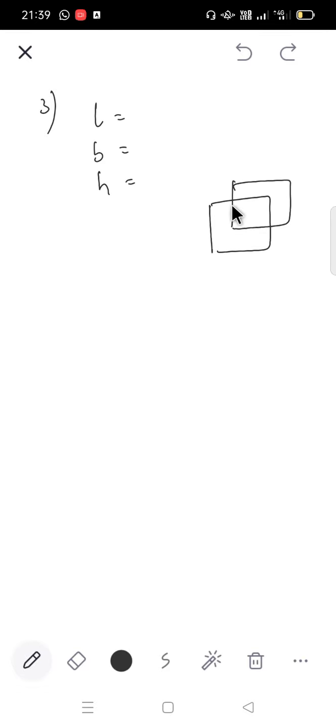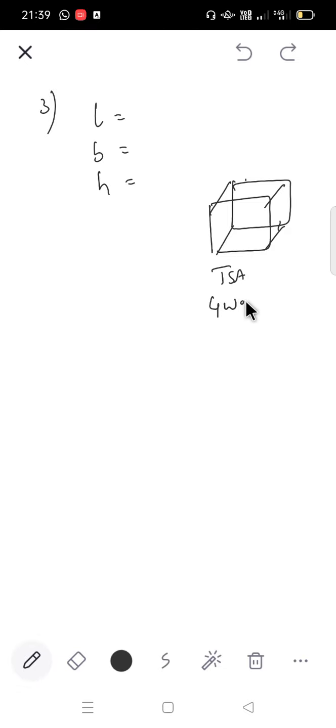Coming to the third problem, find the area of 4 walls of a room if its length, breadth and height. If they have given length, breadth and height, that means the room is in the shape of a cuboid. So in order to find area of 4 walls, that means if you are not taking top and bottom into account, we need to take LSA. If using complete all the 4 walls and top and down, you need to take TSA.